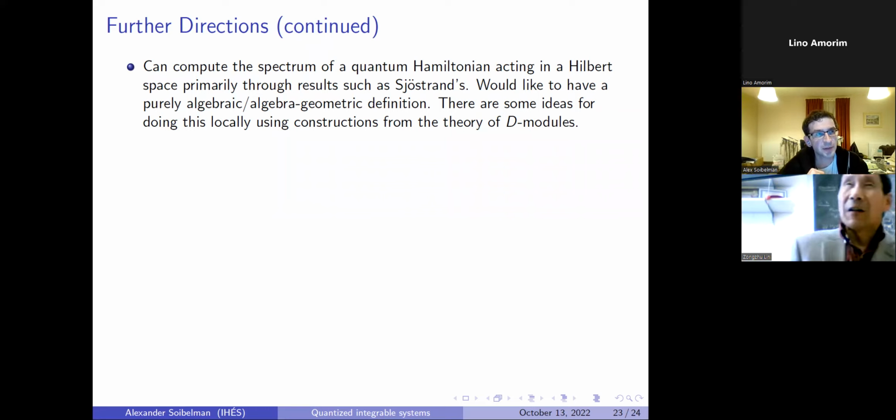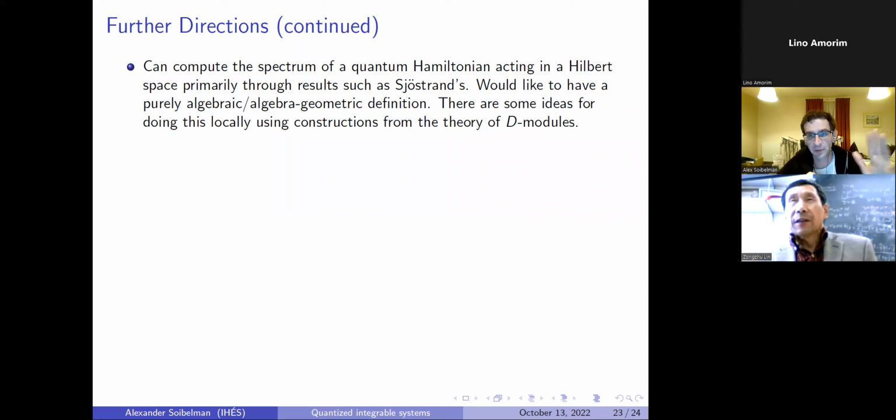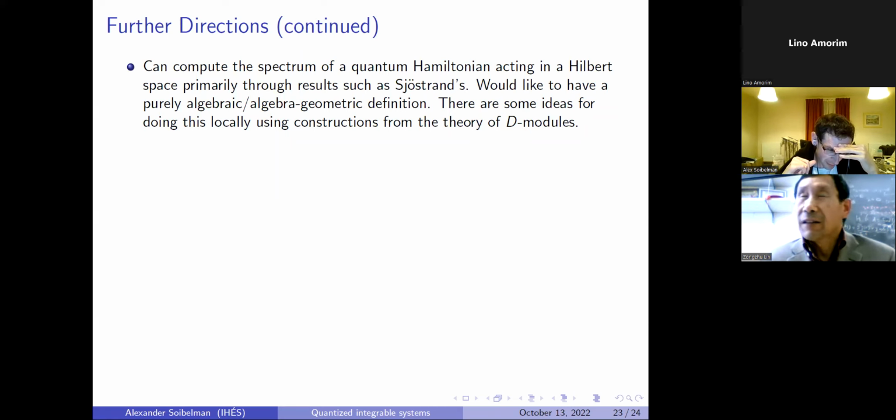Sorry, are you asking about looking at, instead of formal power series, some sort of Laurent series? Yeah, Birkhoff also has something decomposing functions which have singularity as a product of two parts. One part is smooth and the other part is singular. Yeah, I mean, we haven't actually considered it, but